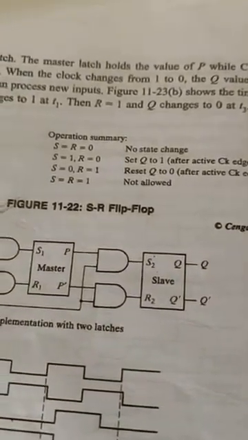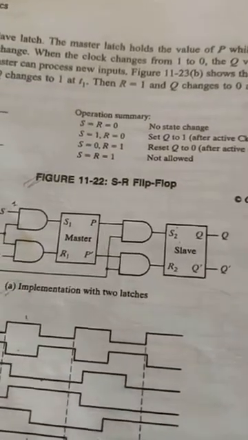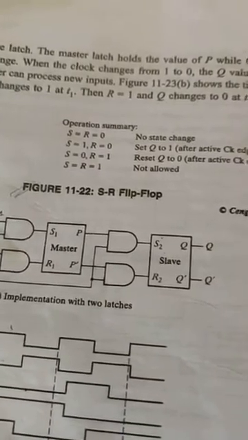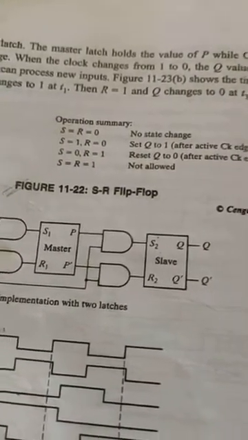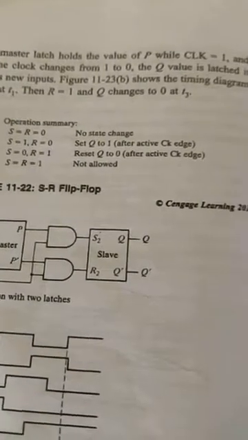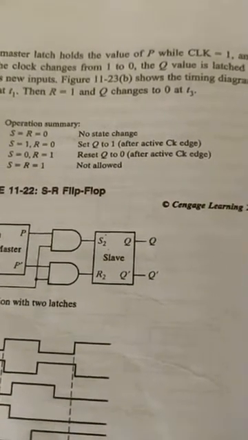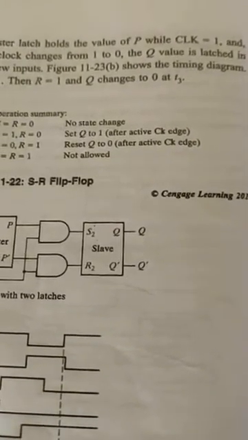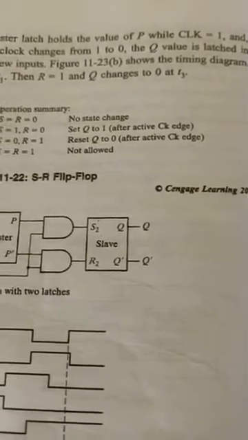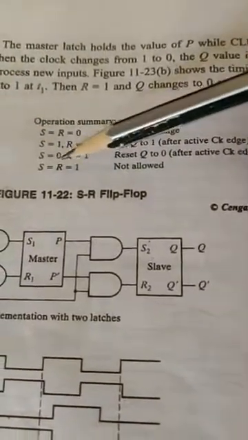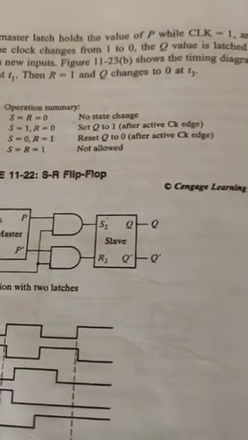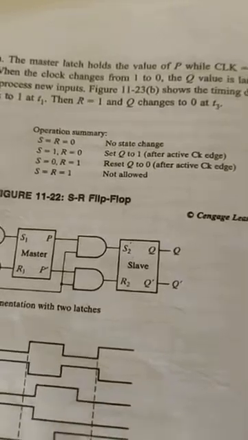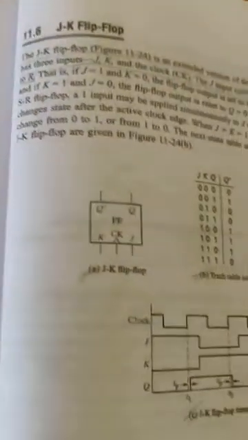Now look at the combination whenever S is equal to 0, R is equal to 1. It is called the reset state. No matter whatever the previous state might be, if the previous state is 0 the next state will be 0, and if the previous state is 1 it will change to 0. Reset means the output should be 0, set means the output should be 1. That's it. And whenever S is equal to 1, R is equal to 1, both 1 and 1, the inputs are not allowed. We can't predict what the output actually is in that case. Keeping this in mind, coming to the next one, the JK flip-flop.